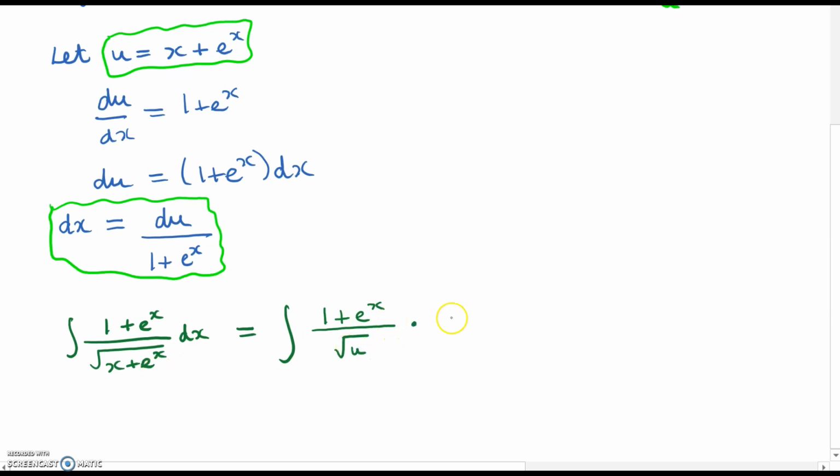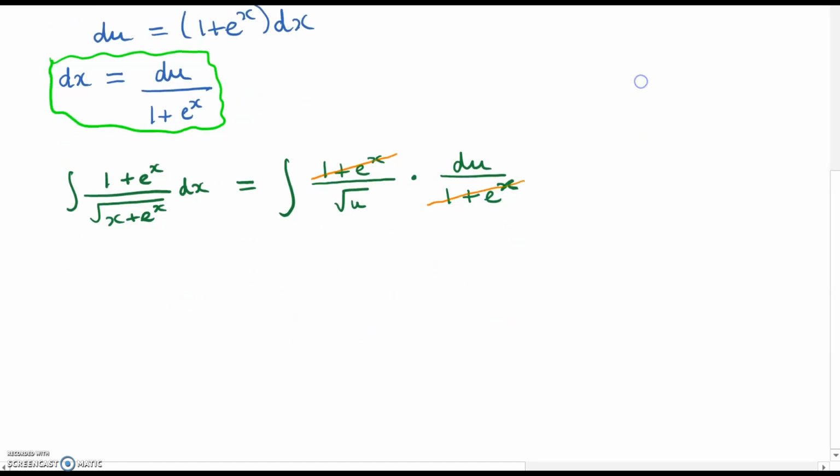Now dx we can replace with du over (1 plus e to the x). And if you look at this, the entire top of this fraction cancels with the entire bottom of this fraction, because they're exactly the same. And you can cancel them in that sense. So